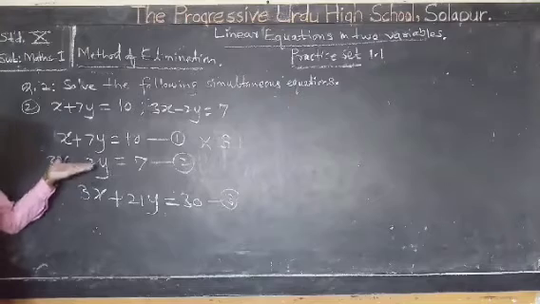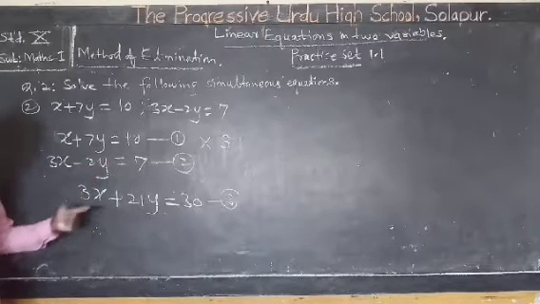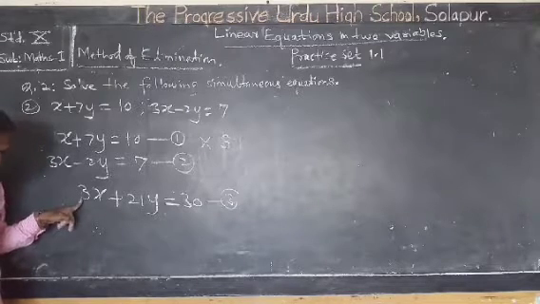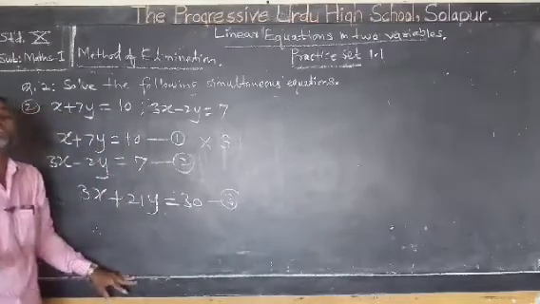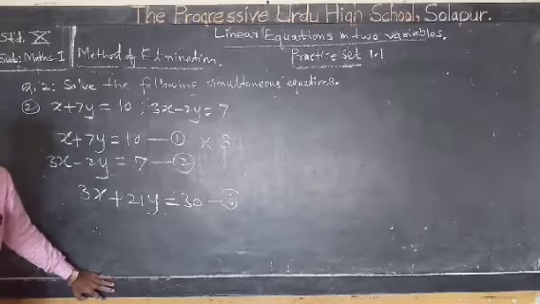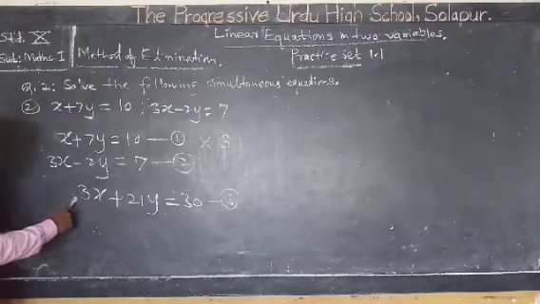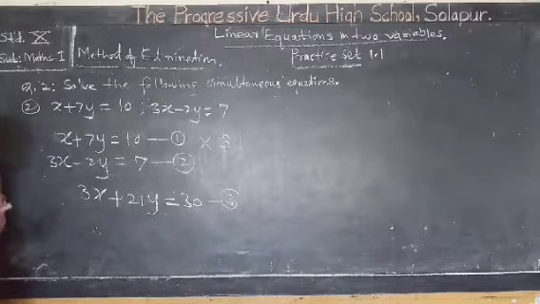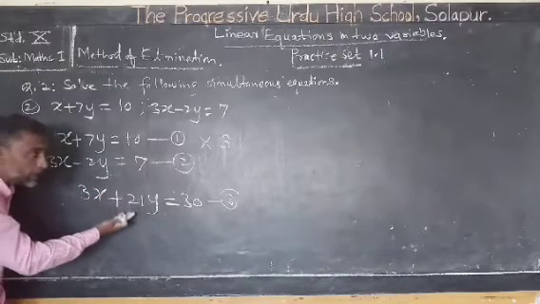Now, observe these two equations, equation number 2 and equation number 3. Coefficients of x are equal. Now, what should we do? Whether we should add these two equations or subtract, and which equation from which equation. So, we should decide. How to decide? Observe the signs of these two terms. Both are positive. There we should subtract equation 2 from 3.